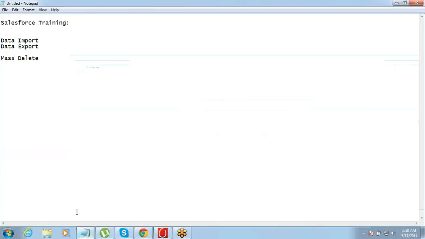Fine. So that is how our mass delete works. The next concept here is a mass transfer. What is a mass transfer? Import, export, delete, these things we all understand. What is this transfer concept? Transfer concept is,